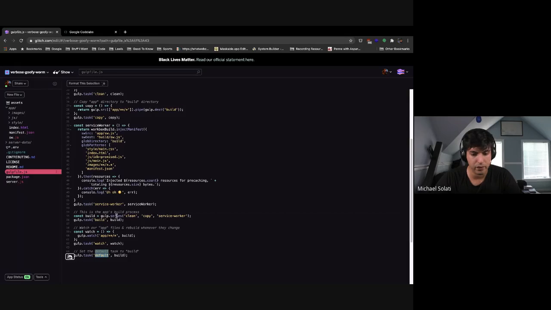And build is a series of gulp tasks, which are clean, copy, and service worker. So if I save all of that, that should be good. So we are building out our service worker now. The final thing we need to do is actually register the service worker when a user